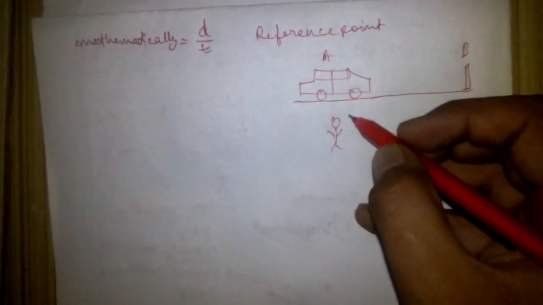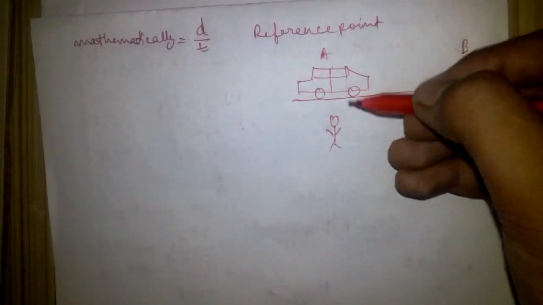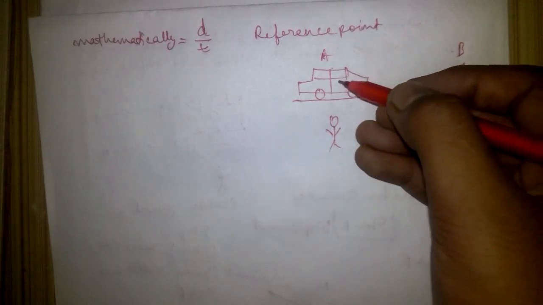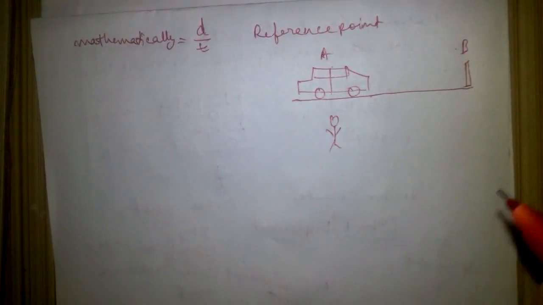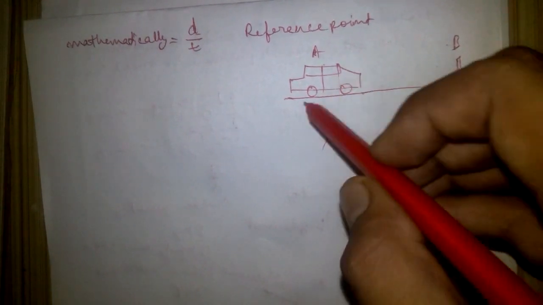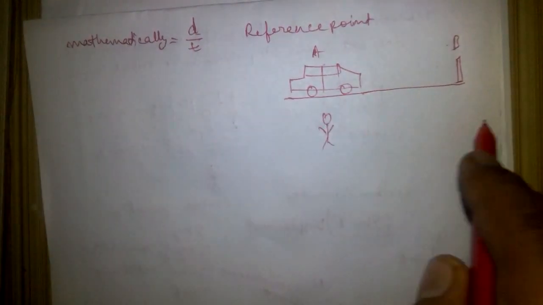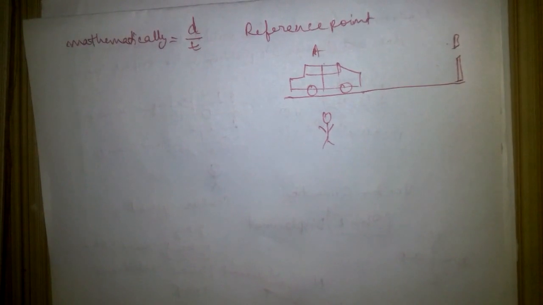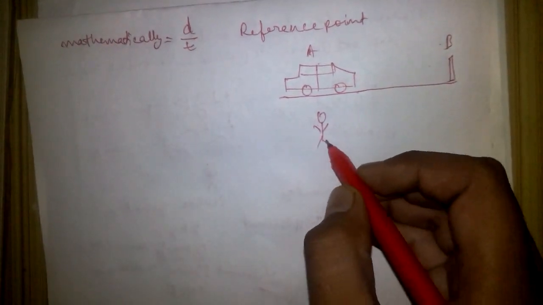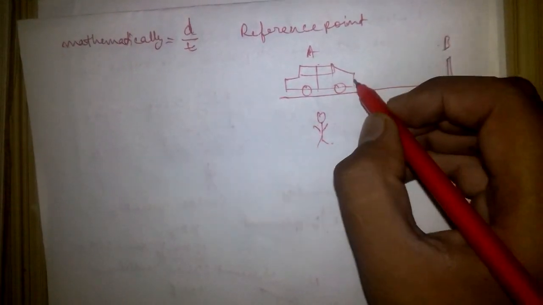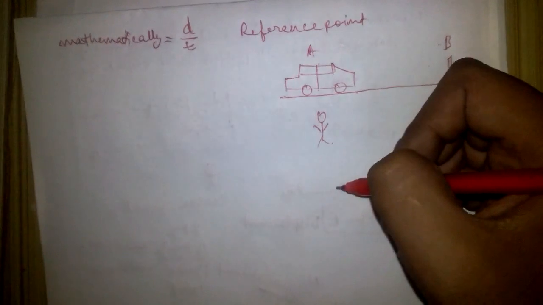This man can also be a reference point if we consider the motion of the car with respect to this man. Now, here with respect to this man does not mean the distance covered by the car divided by the man. That is only for physical quantities such as time; basically, rate always means time. So here with respect to man means the man is at rest,